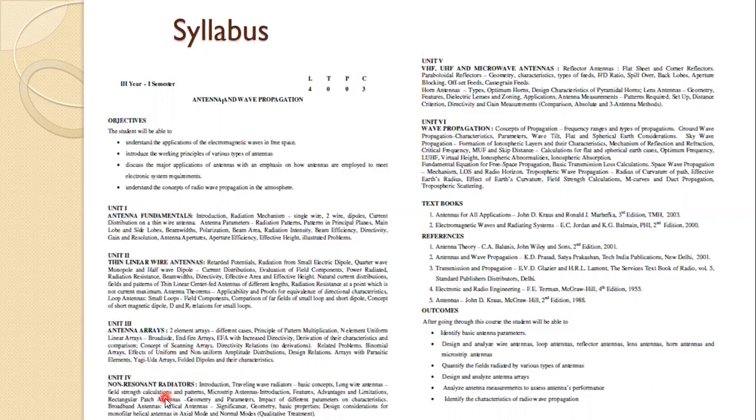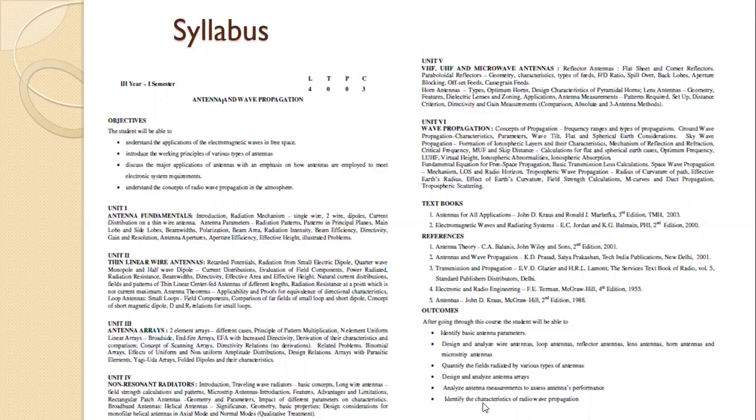Then fourth unit, we are going to discuss about non-resonant radiating antennas. Simple antennas which are used at low frequencies. In this, we have traveling wave antenna, long wire antenna, microstrip antenna, which is used in your mobile phone and laptops, then helical antenna, which is used for deep space communication.